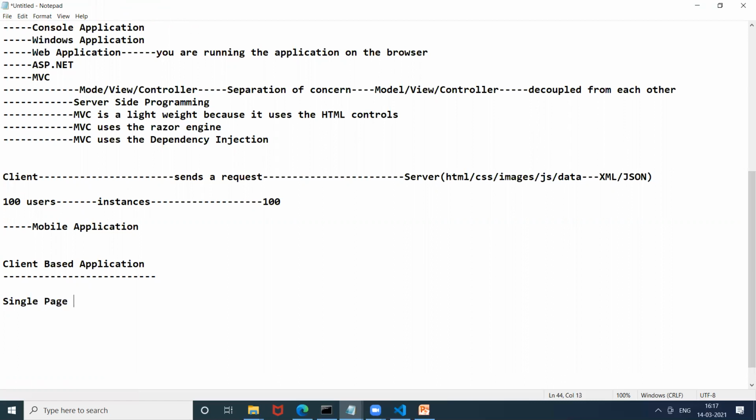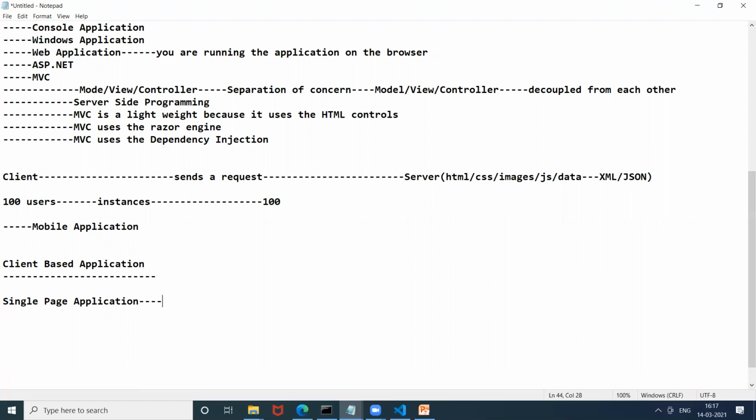So Komal, do you have any idea what exactly a single page application is? Actually, a little bit. Whatever you know, tell me. Single page applications, we use them in Angular, and in a single page application we can modify and perform our task in one page. Okay, that's great. So you are a little bit correct.